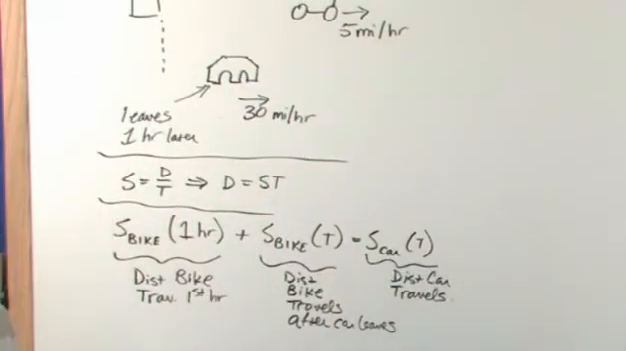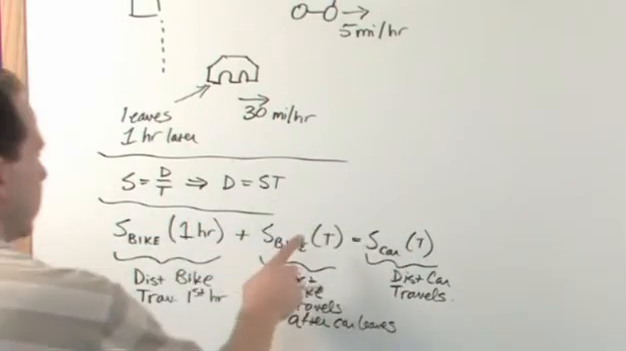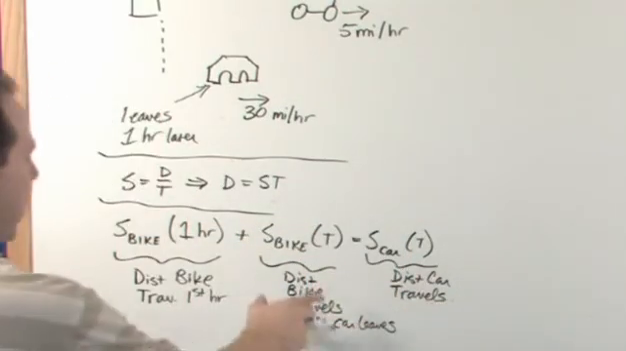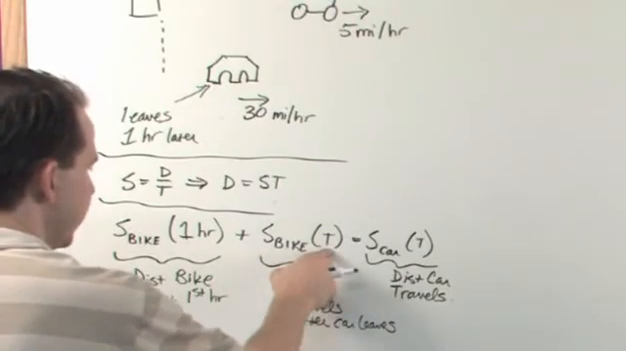Okay. So bike gets a head start, goes down the road certain distance in 1 hour, okay? Bike continues gaining ground after the car leaves, and the t is